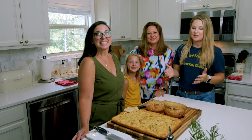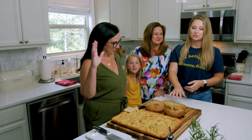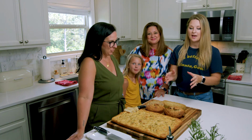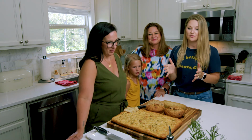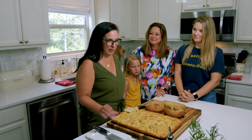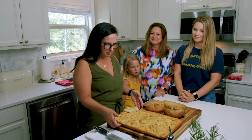And there you have it. We have 3 delicious types of bread. We have our gluten-free, no-knead bread made with Italian herbs. We have a dessert bread, banana bread with and without dark chocolate chips, and a beautiful Italian focaccia bread that is made with salt, pepper, and rosemary on top. All of that olive oil is seeped in, made a really nice